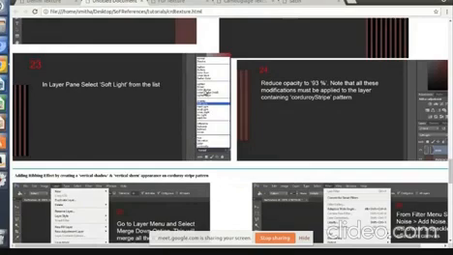Now in the Photoshop software, you'll find a lot of panes on the right side, like the history pane and layer pane and many other panes. You have to select the layer pane. You'll find it on the left side of the Photoshop software. Sorry, the right side. On the left side of the Photoshop software, you'll find the toolbox. On the right side, you'll find the layer pane. So in the layer pane, you have to select soft light.